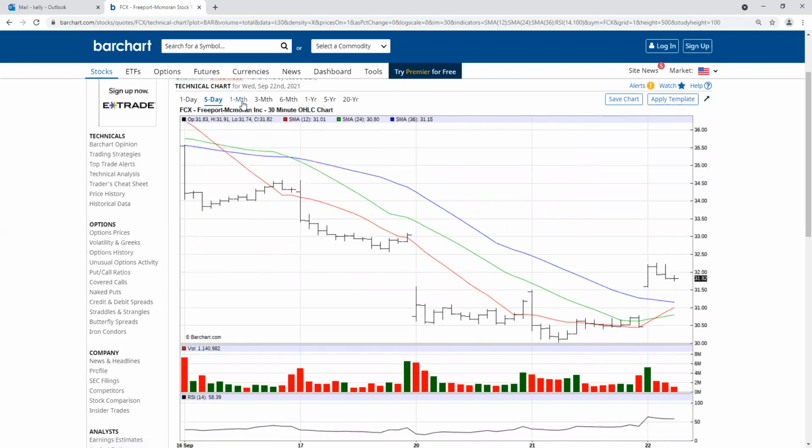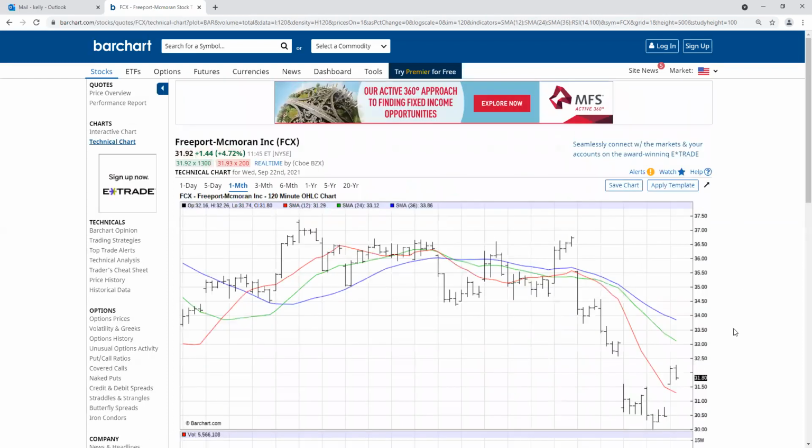Then you go to the longer term stuff and you go to your monthly and you see that things still look dodgy, and all it's really done is fill the gap a little bit, going to 32. So if it can't get above 32.50 and it rolls back down, you'll get another chance down here if it fills the gap here. But if you think the guy who bought all those calls has his compass right, and 33.70 is the spread they were talking about, then obviously you want to start looking for more evidence that this thing has the possibility of going up to those numbers by the end of the year.